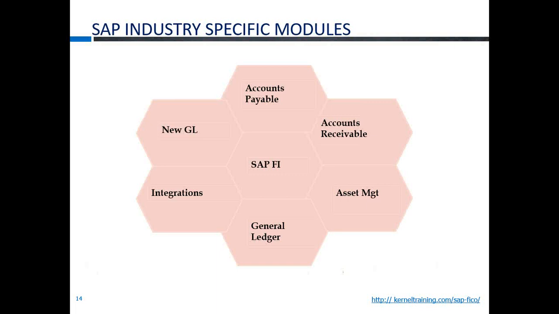Accounts payable is nothing but what deals with your purchase, where you get the goods, you pay the vendor, and you reconcile your vendor account. When the goods come in, you make an entry, and a goods receipt note is sent to finance. Based on the goods receipt note, you do your invoice receipt, and goods receipt and invoice receipt are matched, and then the payment is made to the vendor.